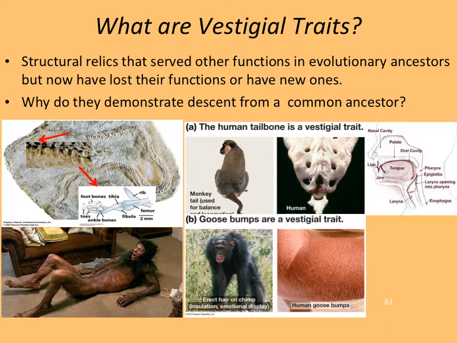Vestigial traits. Structural relics that served other functions in the evolutionary ancestors, but now have lost their functions or have new ones. Why do they demonstrate descent from a common ancestor? Okay, let's first take a look at the snake. Like the whale, snakes have lost their legs. In fact, there are some lizards that look like snakes that have lost their legs too. But what you can actually see